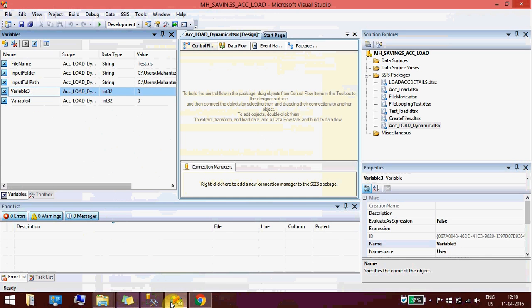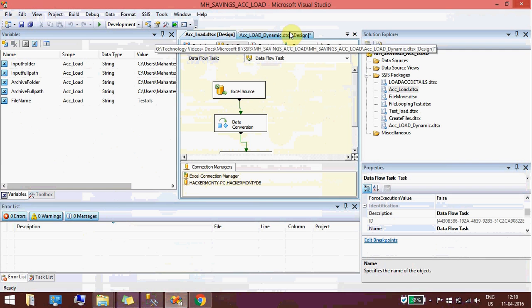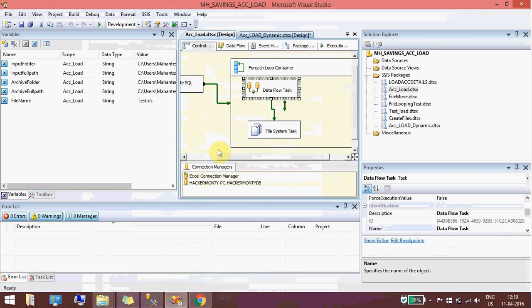We'll define this after we are done with loading one file. For the first step, I'll open this as a sample so I can explain both.